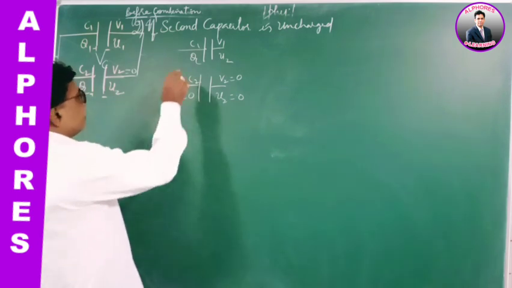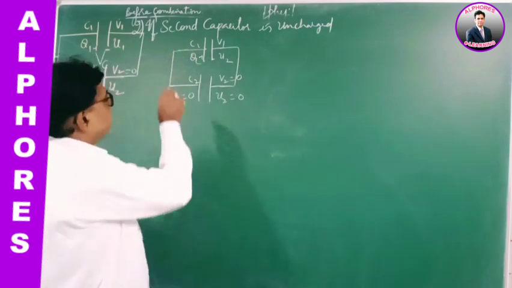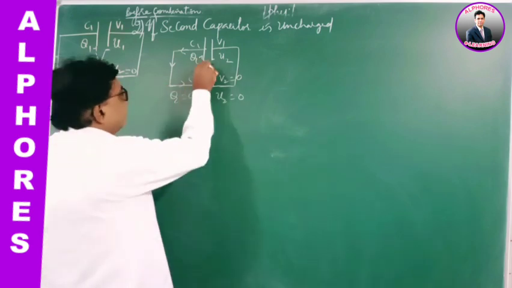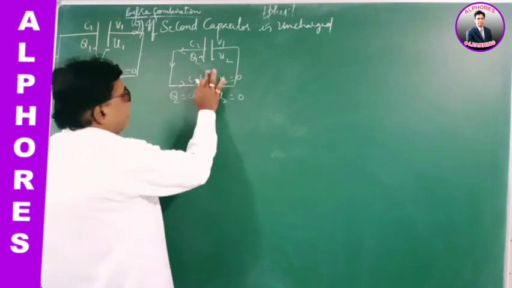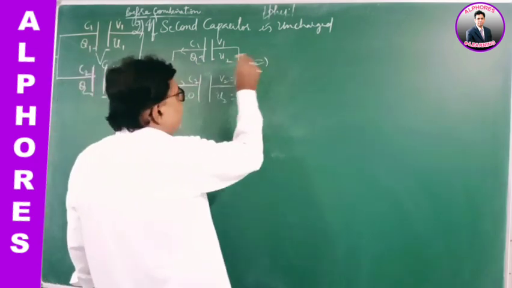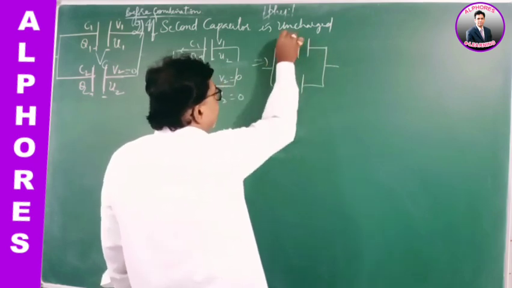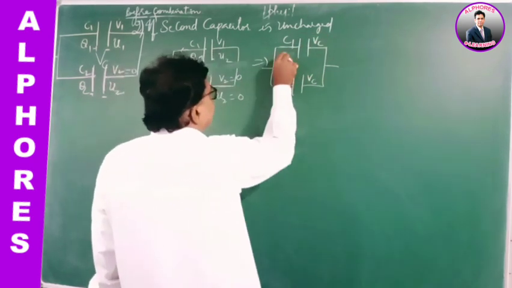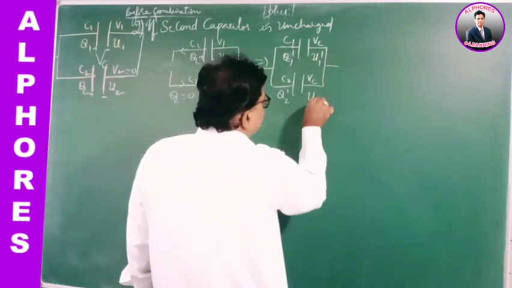Now what happens? When I connect the terminals of this to this, some of the charge from this will go into this one. Now the common potential is Vc. Let us draw the diagram again. Initially these both are separate. Now I am combining them. This is C1 and this is C2. Now both attain common potential Vc. The charge on this one becomes Q1 dash, on this one Q2 dash, and the energies are U1 dash and U2 dash.